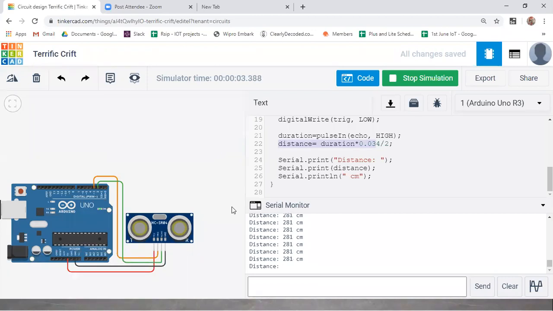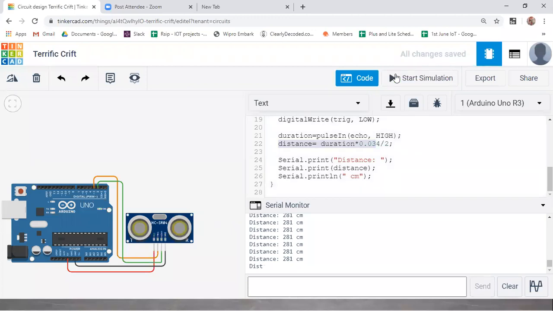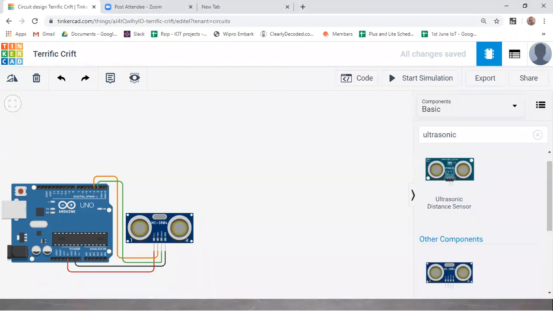So guys, we can integrate other components with this also. Like if your distance is less than 10 centimeters, or if the distance is less than 1 foot or 2 feet, like that, you could make some indication, like you could enable some LED. So guys, we will see one thing here. Here we will make use of a buzzer. Using that buzzer, we will try to enable it when the distance is less than 10 centimeters.